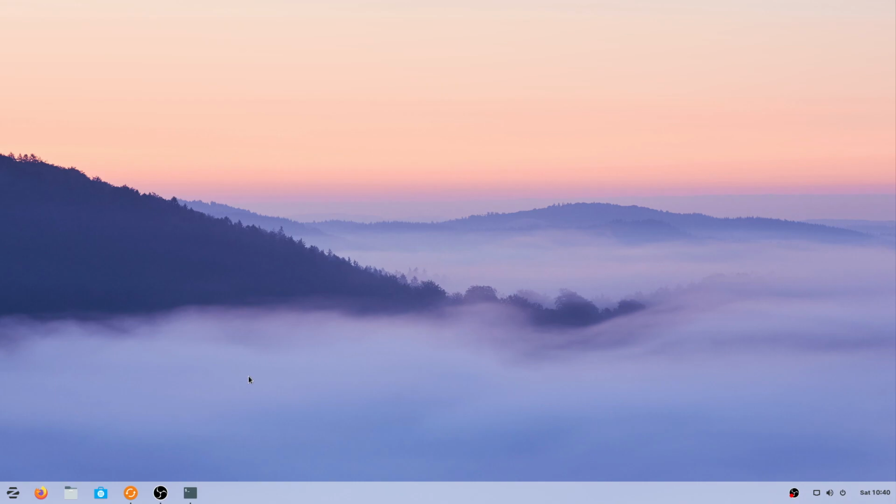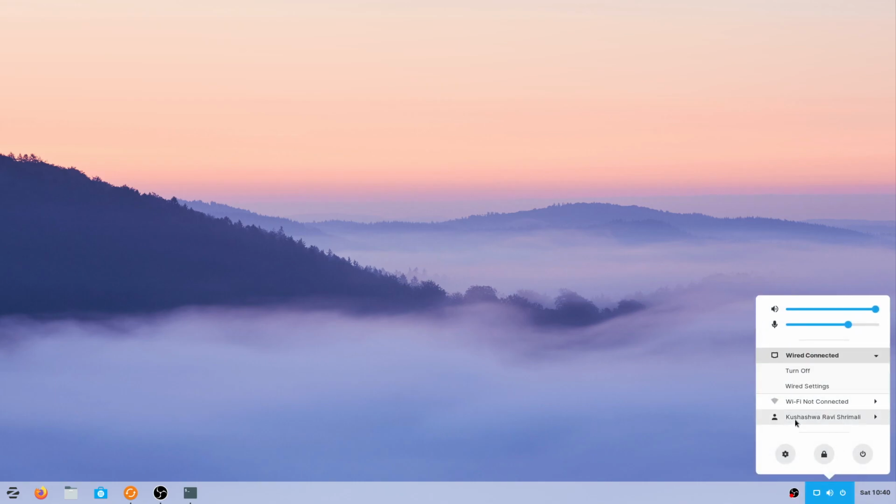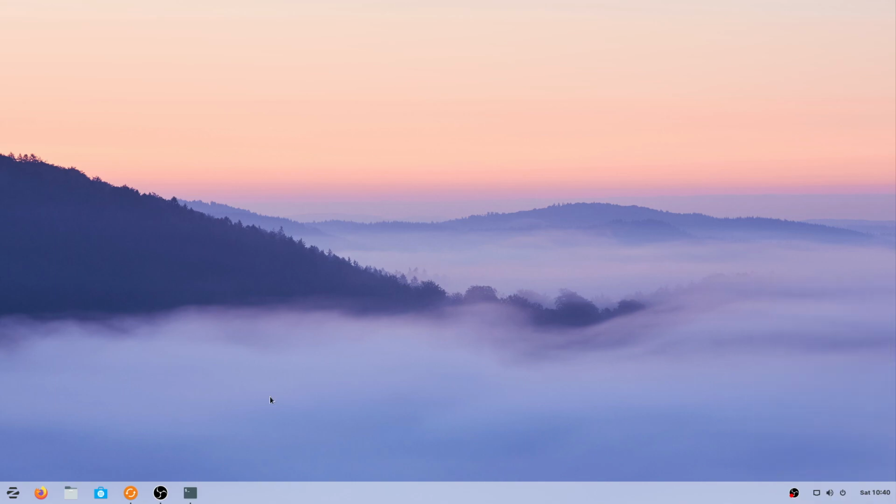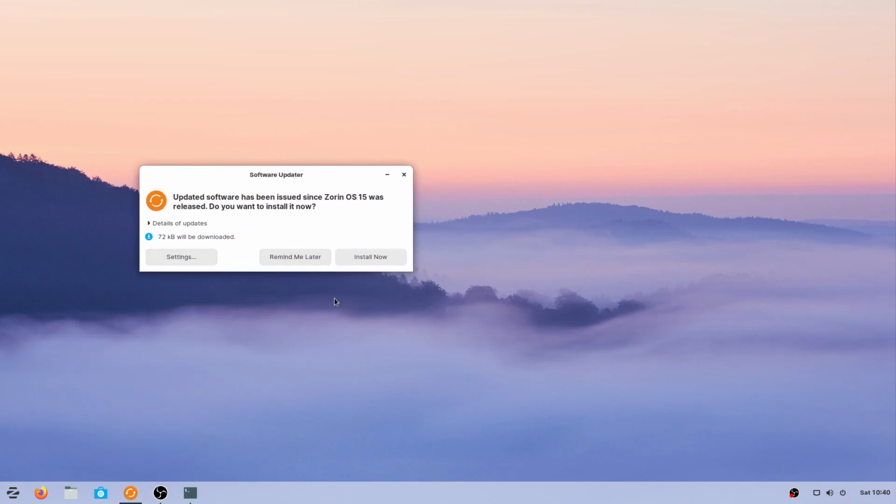And to just start, this is a whole clean installation. That means I've not done even a single thing. Only one thing I've done is I've connected to the internet. That you can still do, like mine is wired. You can connect to wireless here, and you can change things over here. You can try to update and all. As you can see, I've not even updated anything.